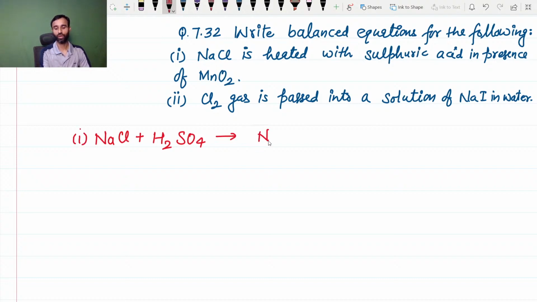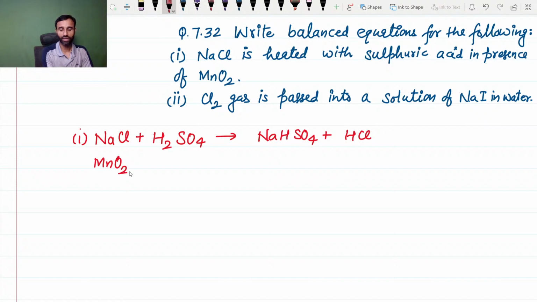So first of all we get NaHSO4 along with HCl. NaCl first reacts with sulfuric acid, so we get sodium bisulfate, or we can say sodium hydrogen sulfate, along with hydrochloric acid, and then